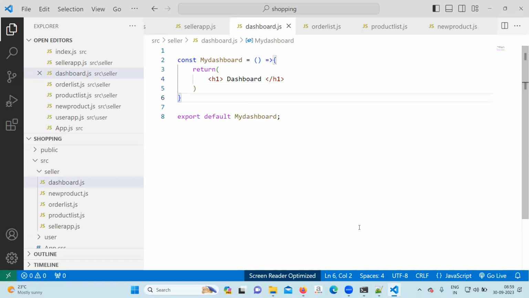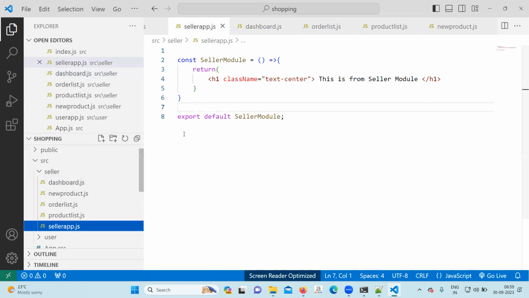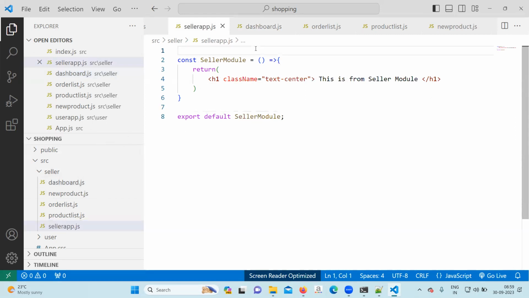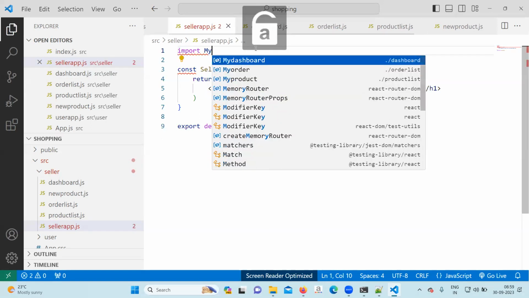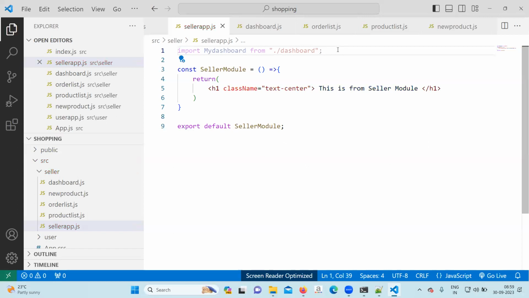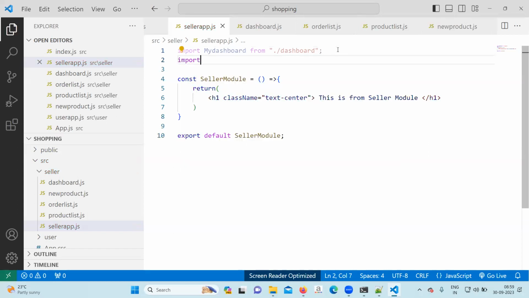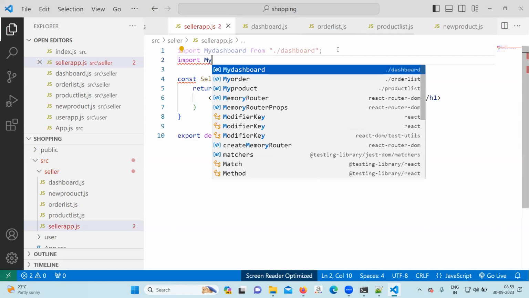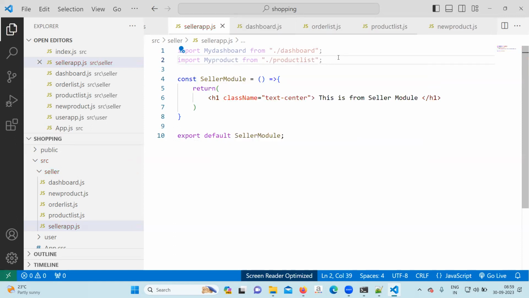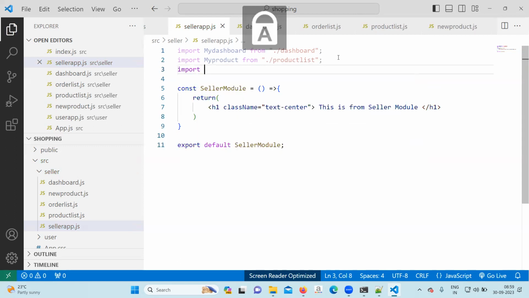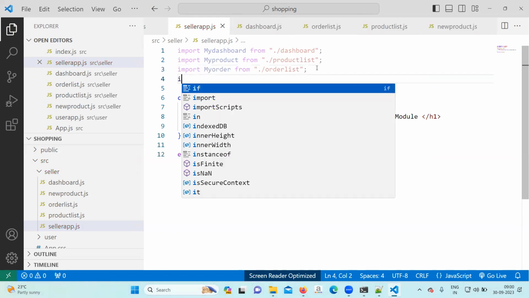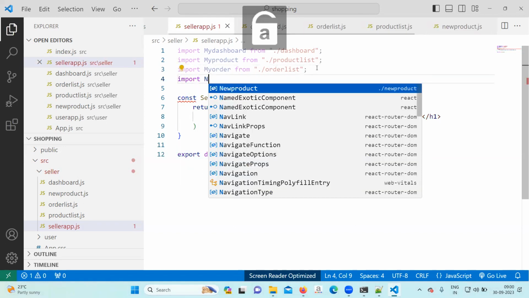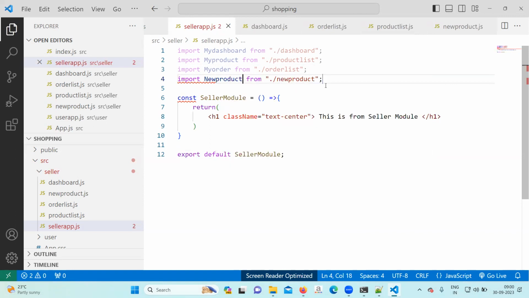In the seller app, import my dashboard, import my product, import my order, import new product.